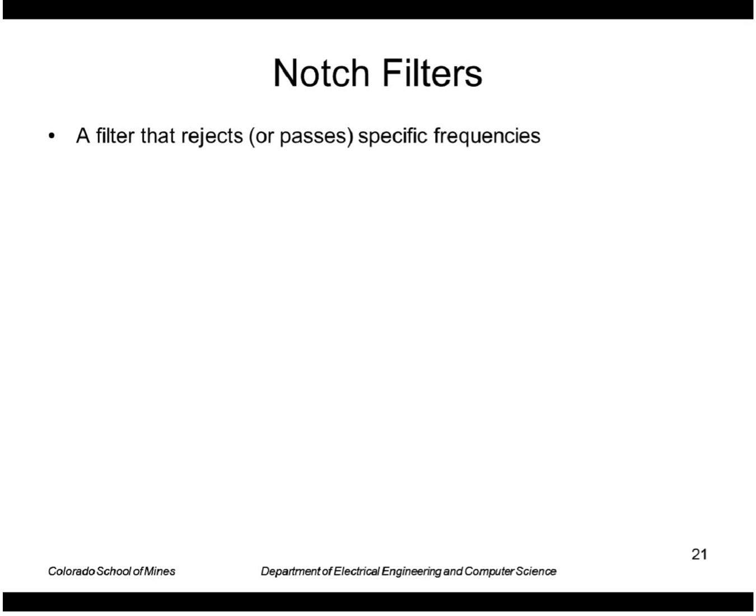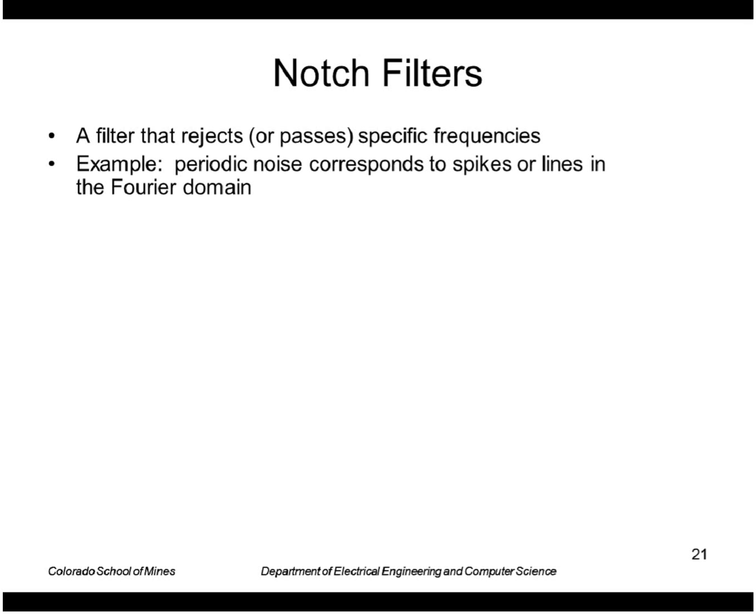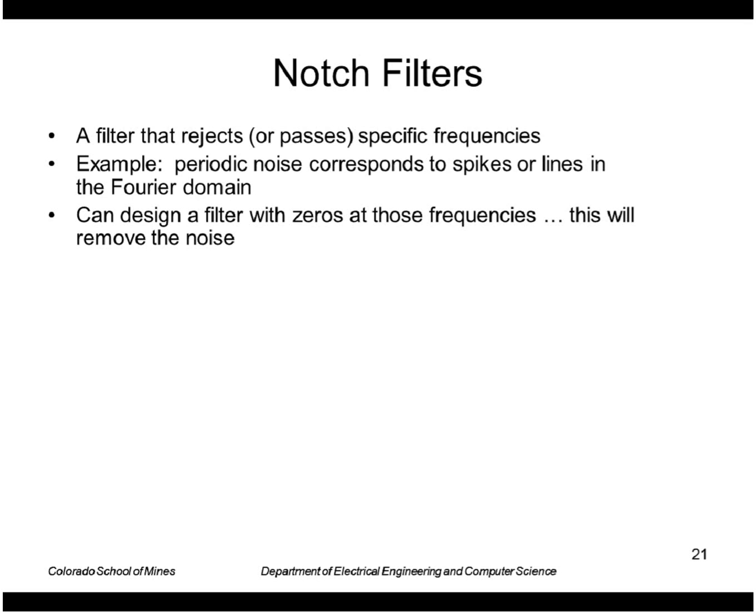Finally, let's look at some applications of frequency domain filtering. One of them is the notch filter. A notch filter is a filter that rejects or passes specific frequencies, for example, periodic noise corresponding to spikes or lines in the Fourier domain. So the idea is we'll design a filter with zeros at exactly those frequencies that we want to get rid